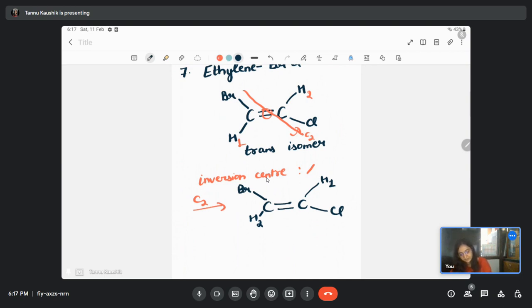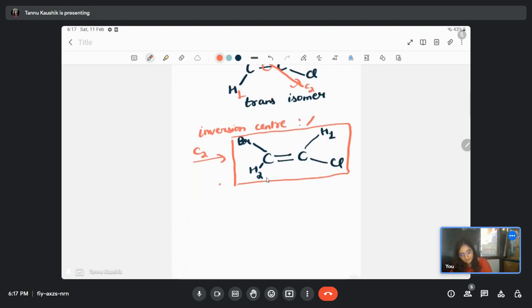So we will have a sigma h plane present here, which is the plane of the molecule, or we can say the plane of the board here. This is a sigma h plane here. So we have a C2 axis in the sigma h plane,